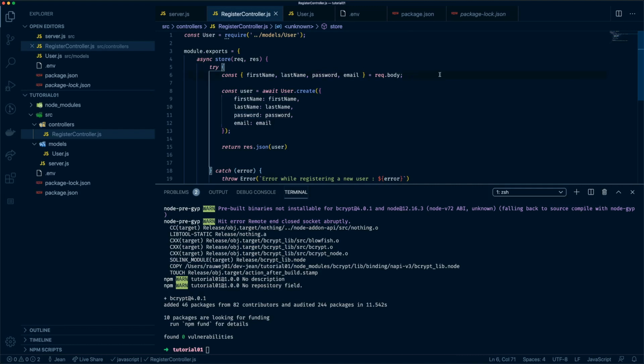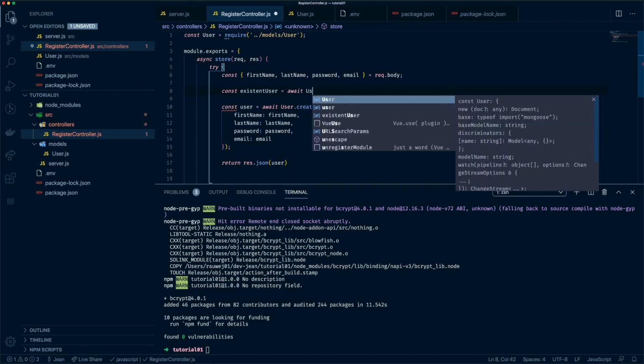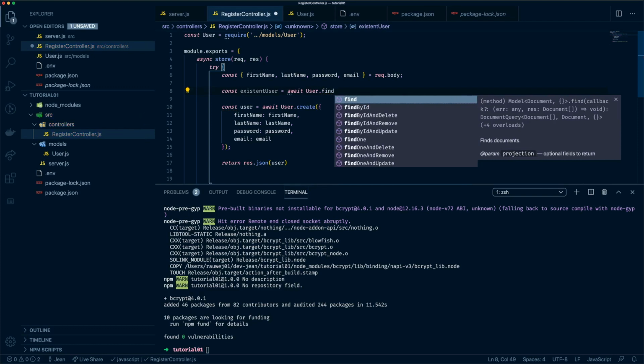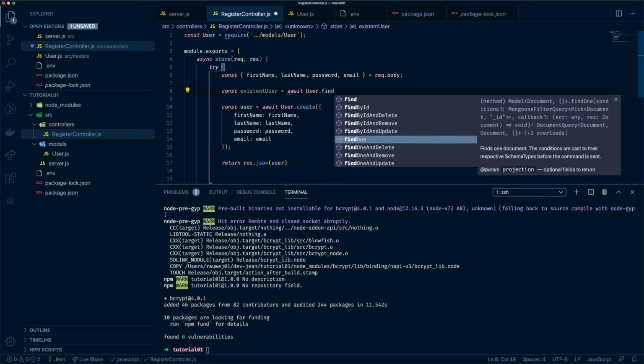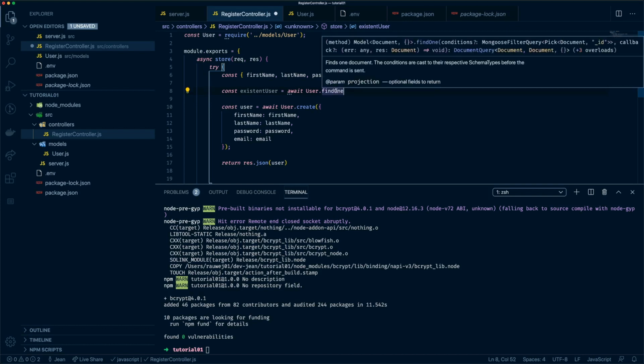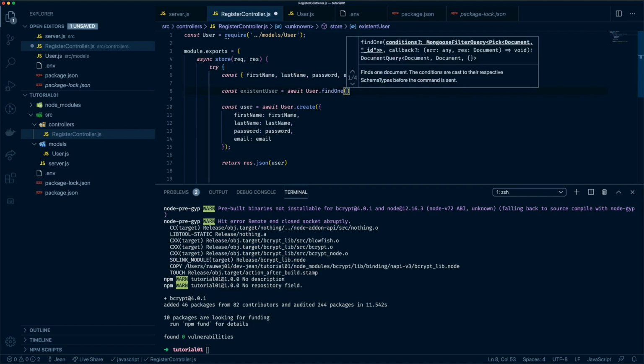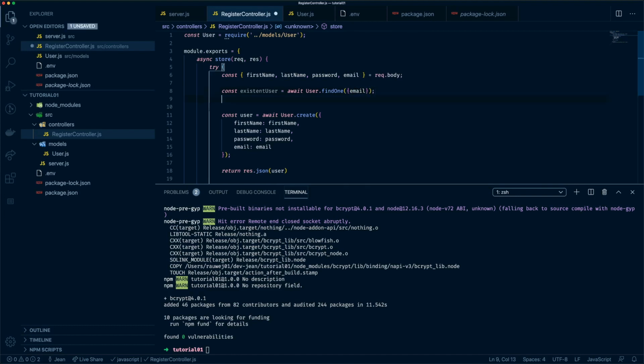So basically what we need to do now is the following. We need to define existingUser. So this is going to be another await, because this is an async method again. So we want to talk to User and findOne. findOne is the method that we need. So basically, if you read the method definition, it finds one document, and the conditions are cast to the respective schema before the command is sent. So we want to tell Mongoose, go into the database and check if you have this email already saved there. If you have,